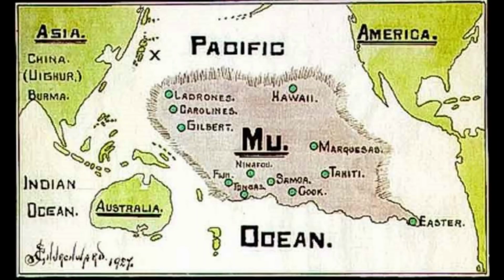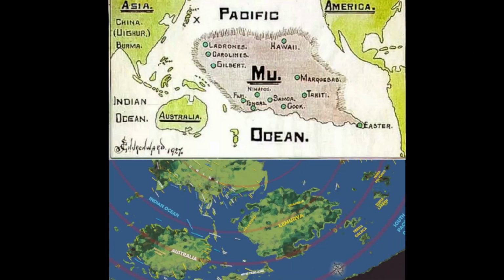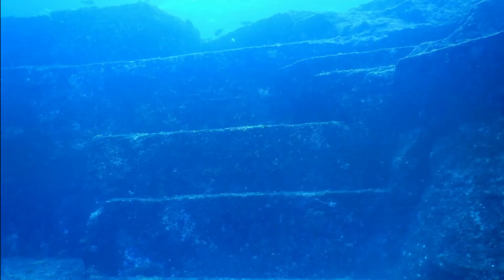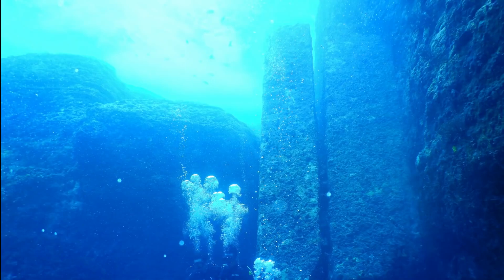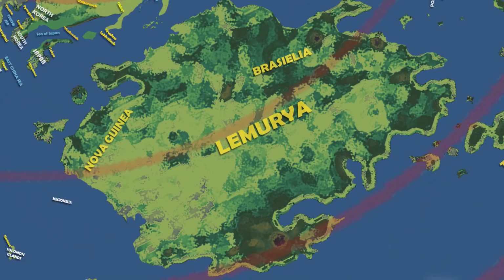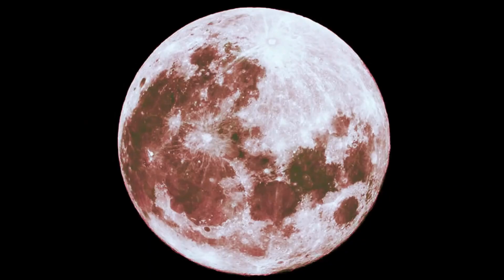Old maps of Mu plot the land exactly where it is on the moon. And in 2007, Masaki Kimura discovered huge structures, including pyramids, castles, and roads, on the ocean floor, some way from Japan, a location very similar to where Lemuria is plotted here on the moon. The continent sunk years and years ago, and this is very useful because it means that this image is not an active reflection, but a moment captured in time